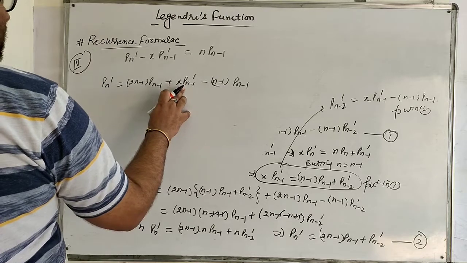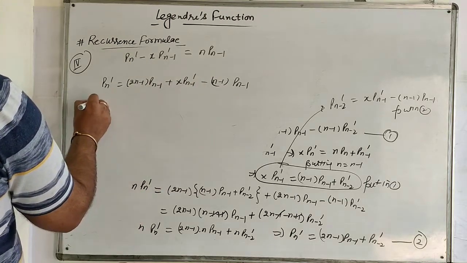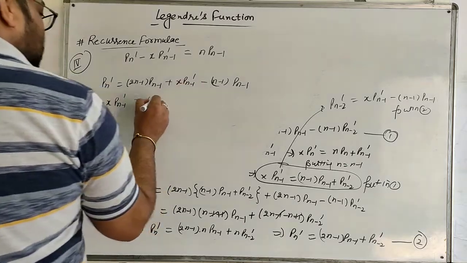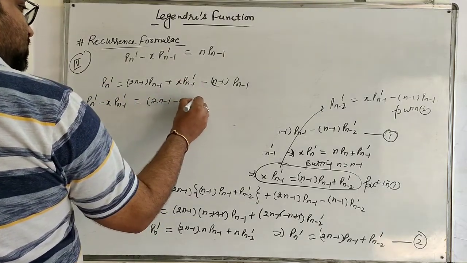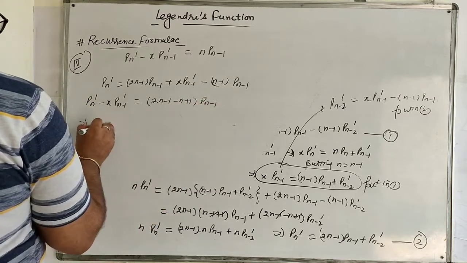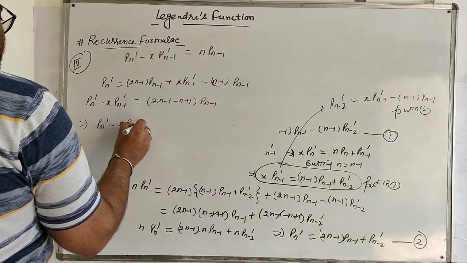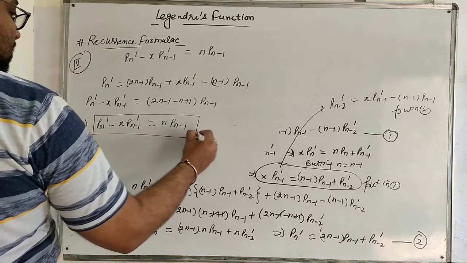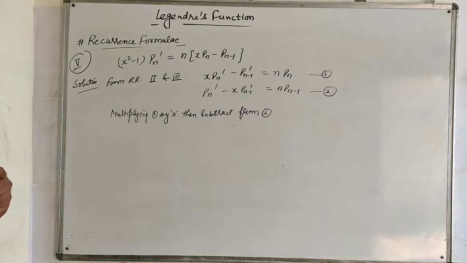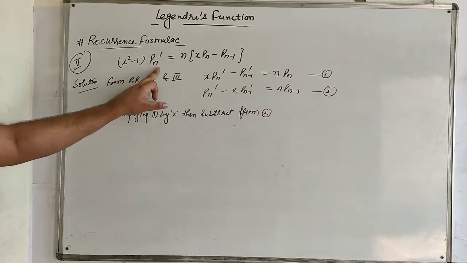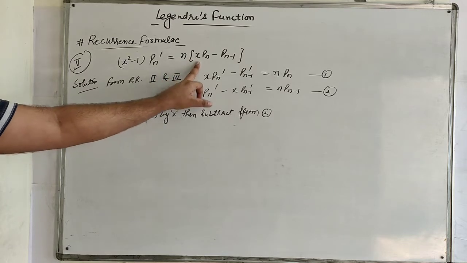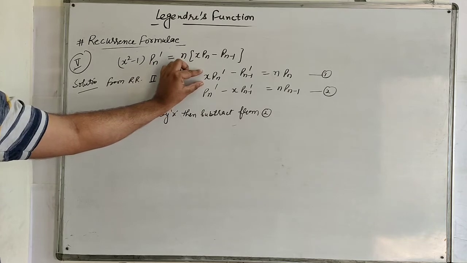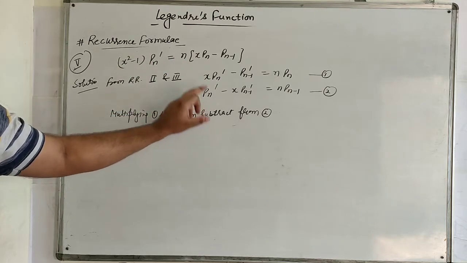Now taking this x Pn-1' into the left hand side, so Pn' minus x Pn-1' is equal to (2n minus 1 minus n plus 1) Pn-1, or Pn' minus x Pn-1' is equal to n Pn-1, which is required Lagrange relation 4. So the fifth Lagrange relation is (x square minus 1) Pn' is equal to n x Pn minus Pn-1. So from Lagrange relation second and third, multiplying equation 1 by x and then subtracting from 2, that is